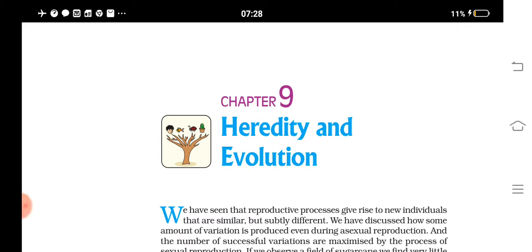If a cross is conducted between two parents with the same character, with two alternative traits, and only a single character is considered at a time, then it is known as what? Monohybrid cross. For example, tallness of the plant is a character, and it has two alternative traits. What are they? Tall and dwarf. Understood? So if a cross is made between a tall plant and a dwarf plant, then this cross is an example of a monohybrid cross.